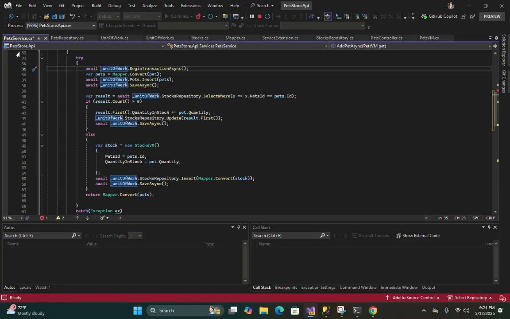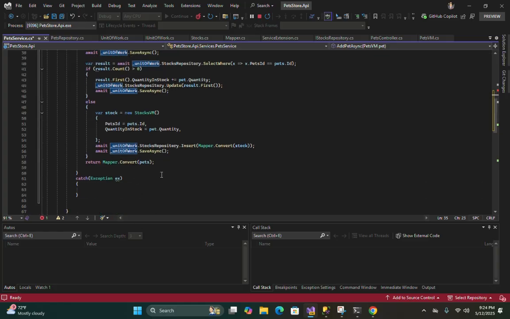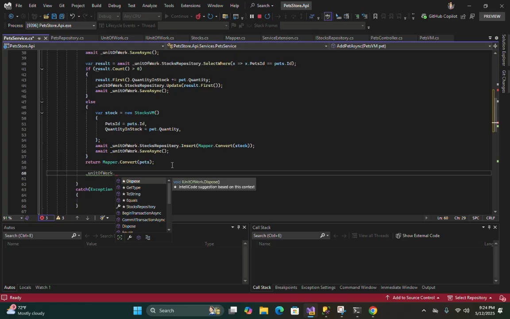All right, after completing all the actions the transaction will be committed, right? Because everything works fine. Commit transaction async.